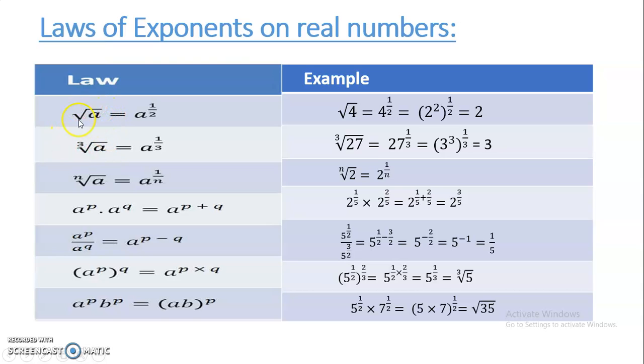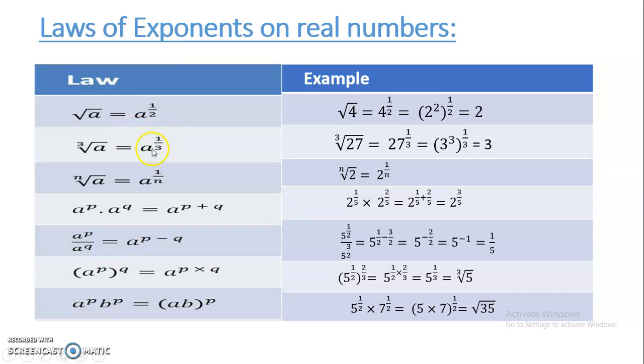It was a square root, there is no need to write 2 over here. The radical sign itself represents 1 by 2, or the square root. And this is the cube root when 3 is written outside the radical sign. Any number can be written outside the radical sign. Only thing is you have to remove that number and put it in fraction.